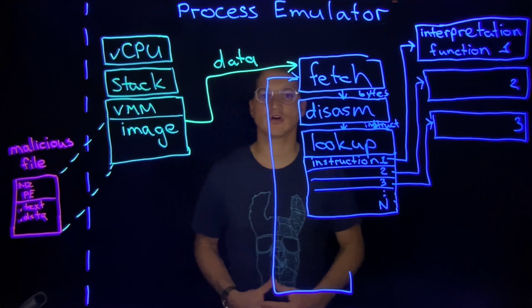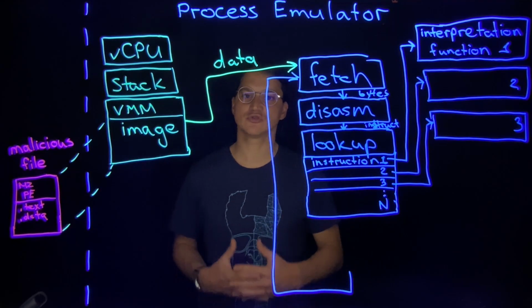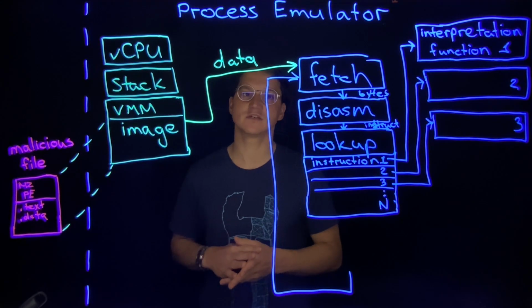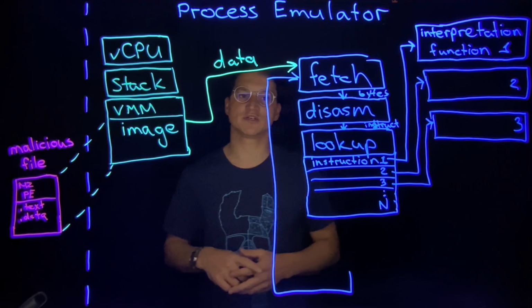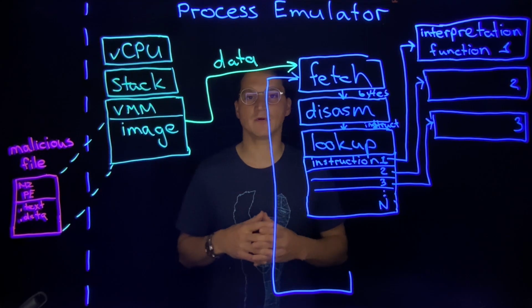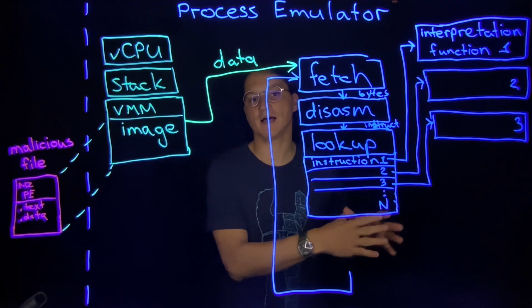Today we're going to talk about process emulator and how exactly the CPU emulator has evolved into being a process emulator, and how it allowed antivirus products to detect polymorphic and encrypted malware better. Last time we talked about CPU emulator and how it was used to emulate a binary executable from Windows instruction by instruction to unroll encryption or polymorphic layer of the malware, so then signature can be applied on a original